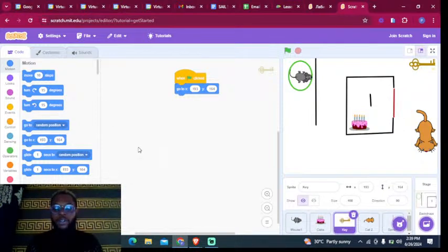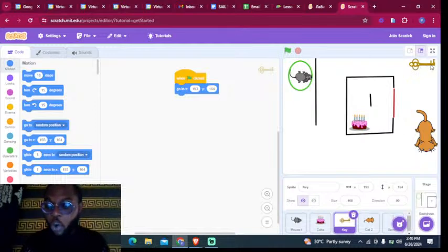But then we also need to add one more thing. Let's do that as we keep writing the codes. We definitely would figure out what we need to do. I'm sure we would say. Now we've made sure that whenever the flag is clicked, the key always appears at this exact spot. But then whenever this mouse touches this key, the key is expected to disappear. So to do that, again,